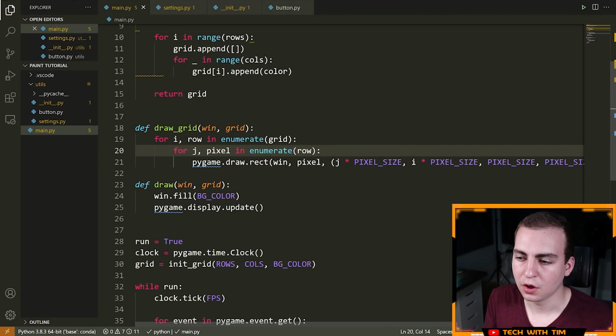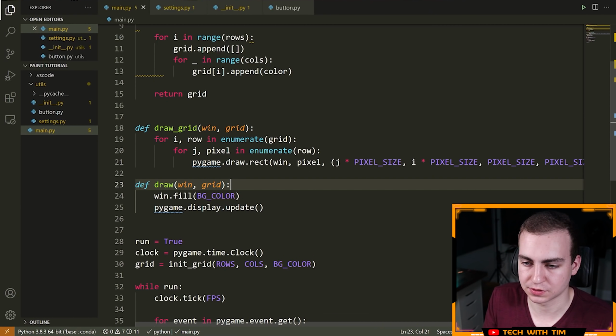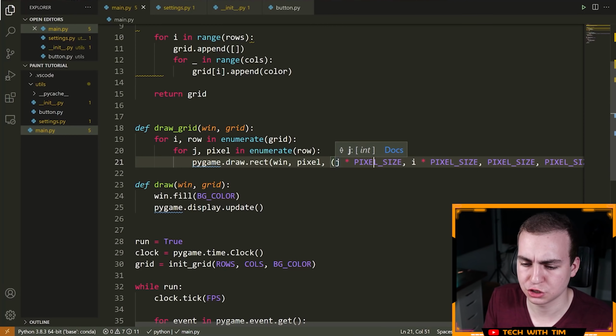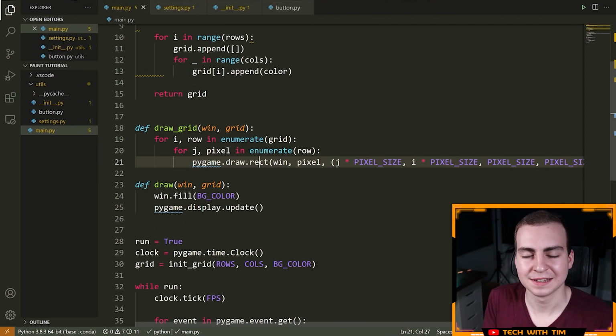And so to figure out where our square pixel should actually be drawn, we're just going to multiply whatever row and column we're on by whatever the size of our pixels are. In this case, I don't know what the size of our pixels is going to be. It's whatever this division returns. But the size of our pixels tells us where we draw the next pixel, right? If the first pixel is 25 width, 25 height, the next pixel to the right of it is going to be at position 25. Then the one to the right of that is going to be at position 50, then 75, then 100. That's the gap between the pixels, whatever the size of the pixels are.